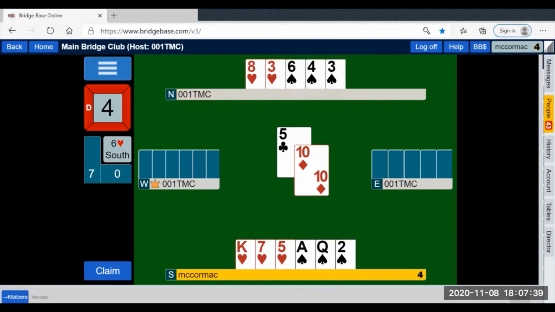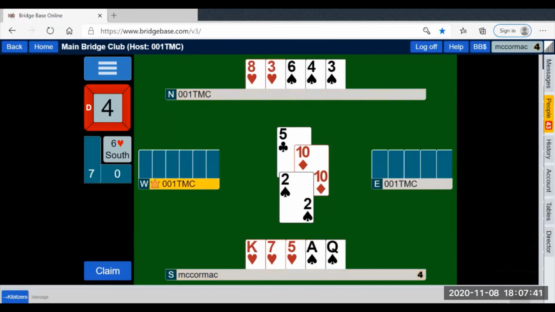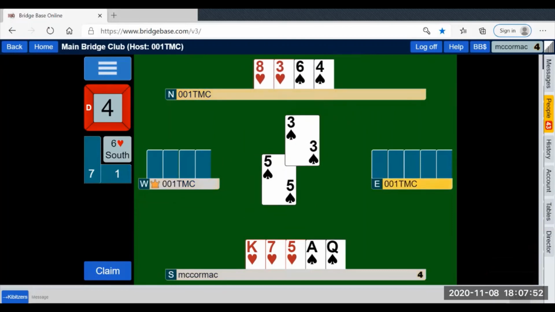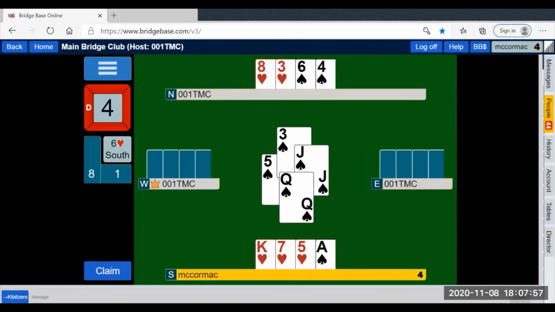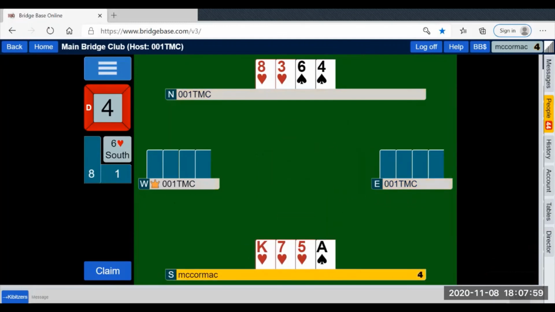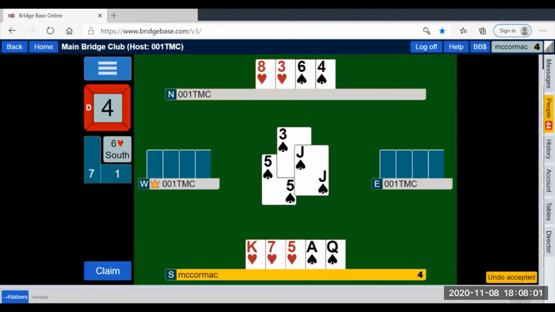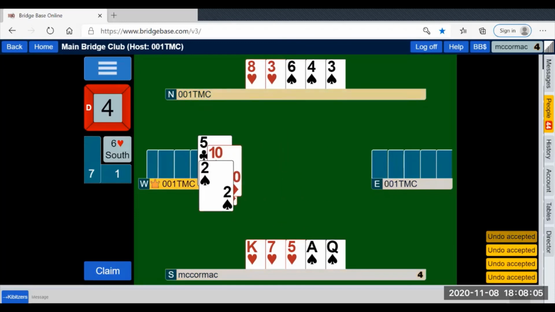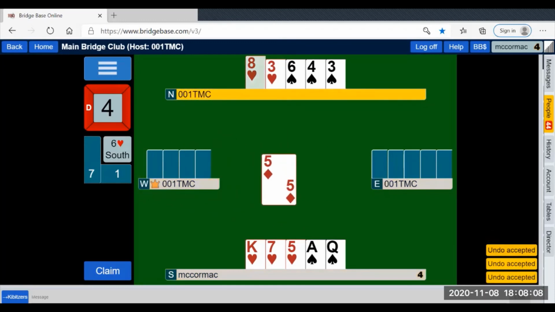We throw away a loser on a loser, but we endplay West. They now have no choice but to lead either a spade, in which case we play small, and no matter where the king is, we win cheaply. Or if they don't want to lead a spade, they can lead either of the minor suits that they have left, in which case that gives us a ruff in the dummy, which we must do, by the way, because